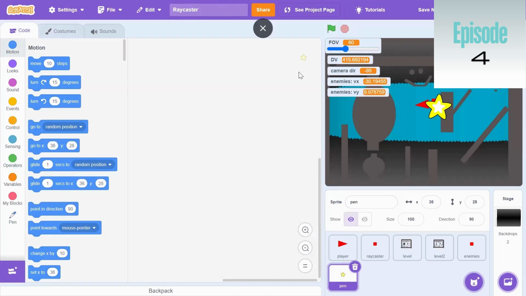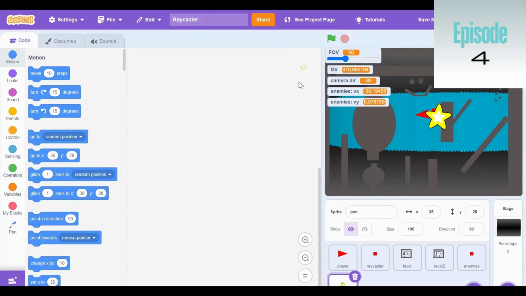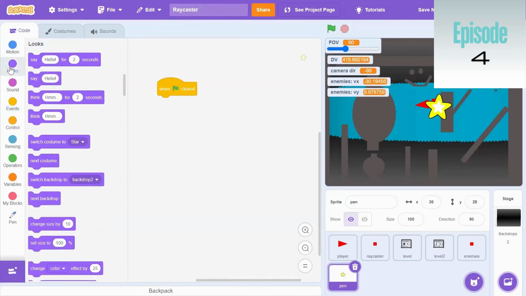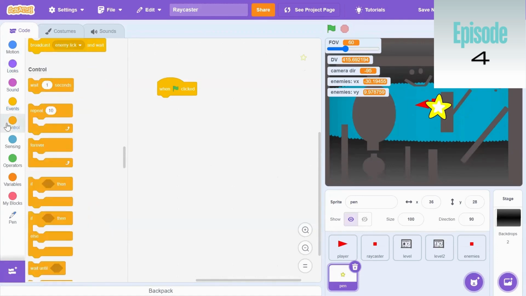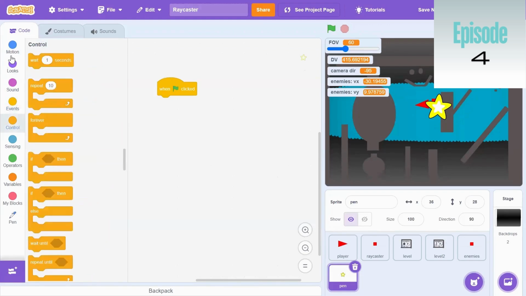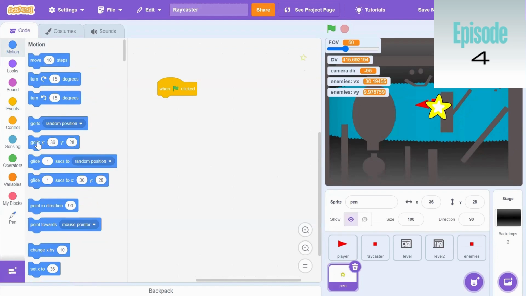So with all that setup done, we can actually get to making the inside of here. So this is gonna be plenty of fun, hopefully. At least for you, I hope. Let's get started with some code now. When green flag clicked, make sure that, first of all,